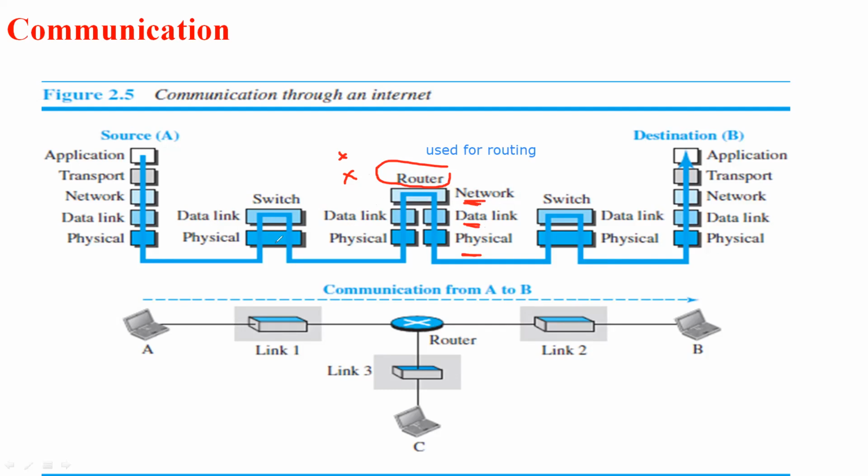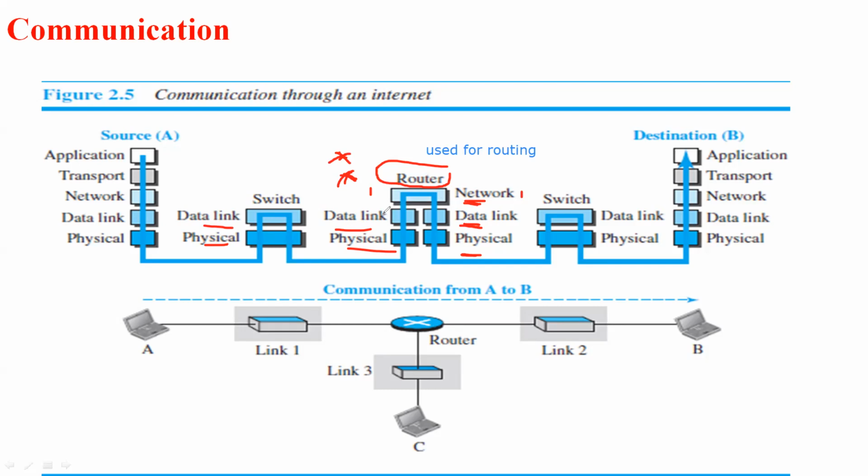n different combinations of data link as well as physical layer. So the router will involve only one network layer and a combination of data link and physical layers. Whenever we are talking about a router in communications with respect to TCP/IP, it never goes with the transport layer and application layer. The router will take one network layer and n combinations of data link and physical layer, in which n is the number of links connected to the router.